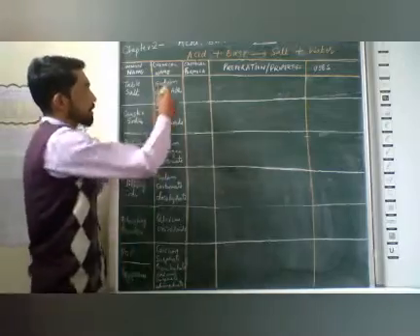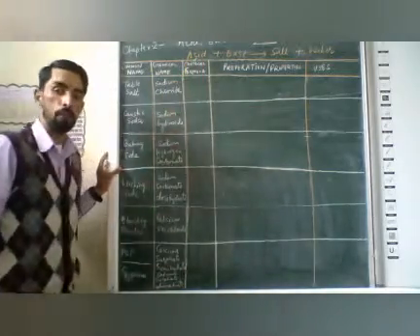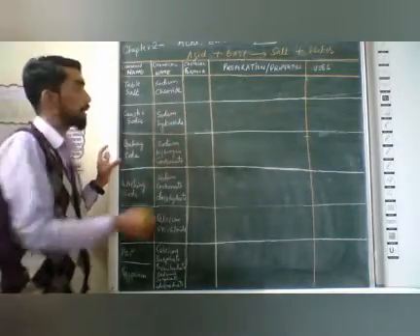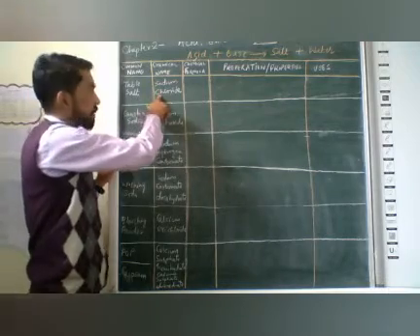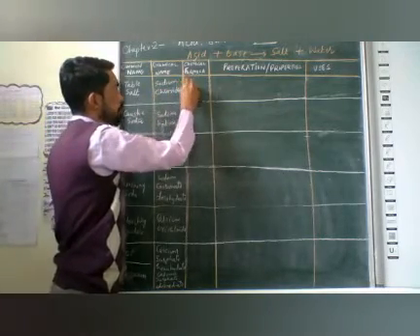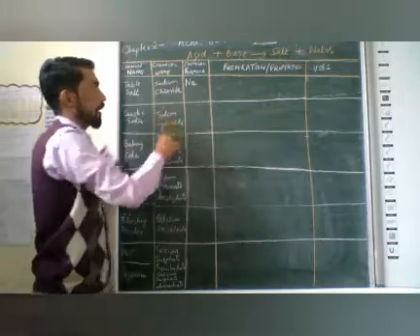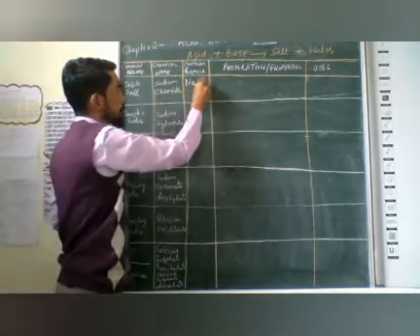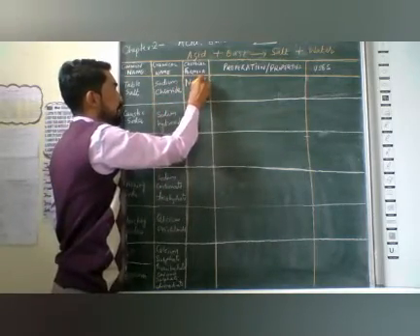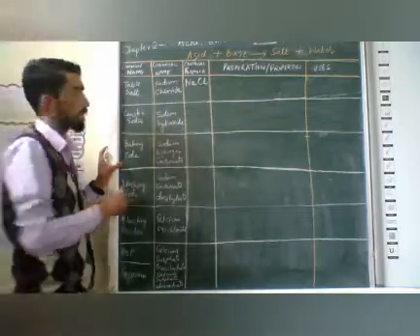Now the second thing we need to know is the chemical formula. The chemical formula is very simple. We need to make the chemical formula from the chemical name. What is the symbol of sodium? It is Na. And the symbol of chlorine is Cl. Here you should know the valency and the atomicity. NaCl is the formula.